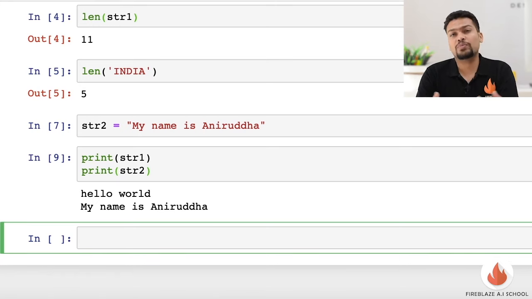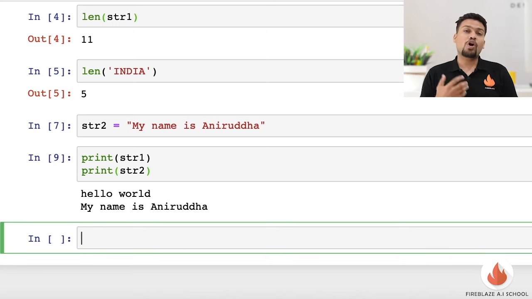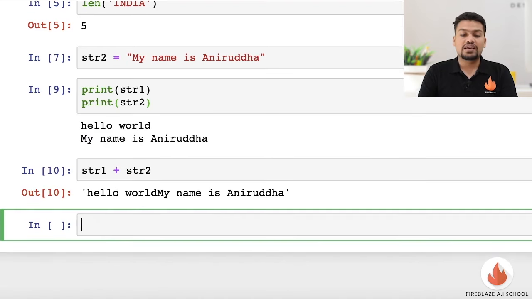Now what if I want to join both of them? How can I join both of them? Or what we can say is, how can we do string concatenation? For concatenating or joining two strings, we use our addition operator, that is plus. So let us see how we can do that. Similarly, we'll simply write str1 plus str2, and there it is. Wherever our string 1 is ending, from there our string 2 is starting, that is hello world, my name